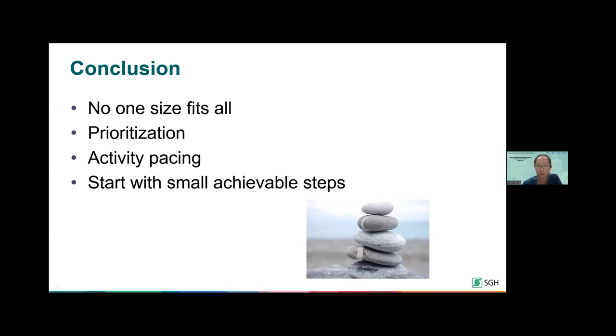And it's very important to prioritize. So we always start small, we start with things that we can easily change. For example, the way we carry things, those are the things that can be easily changed and adapted. So we make do with small steps, and hopefully with a bit of activity pacing and prioritizing of activities, all these joint protection strategies should help to cut down on the pain and to improve or maintain the function as well.